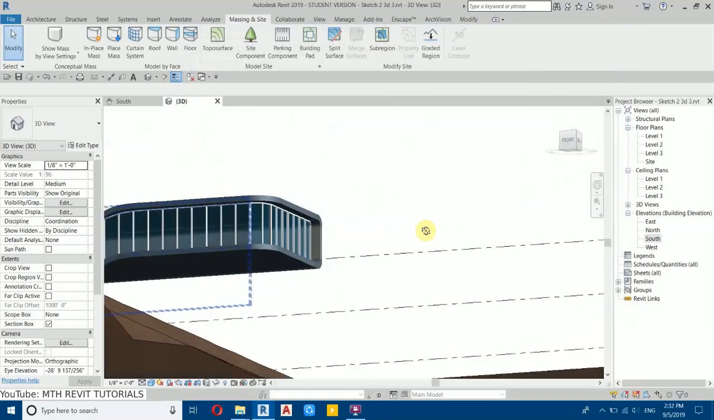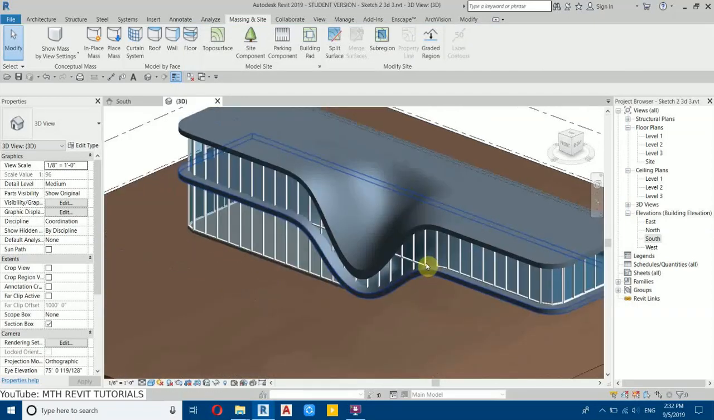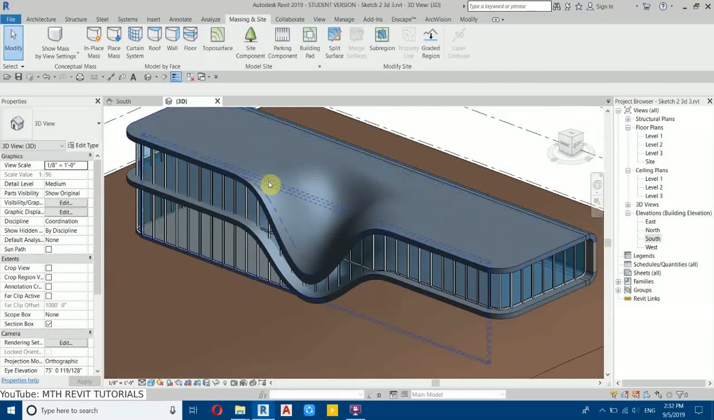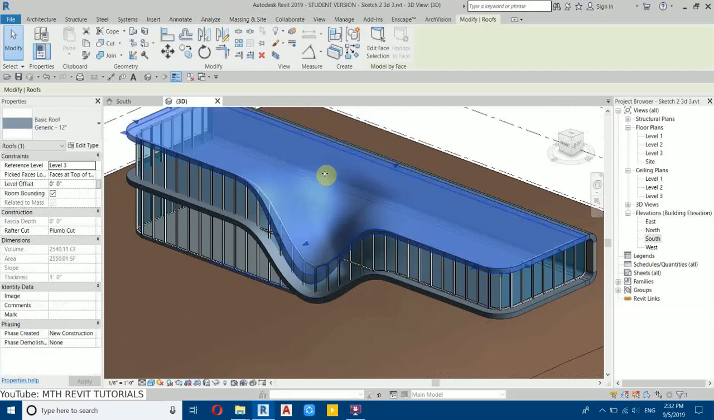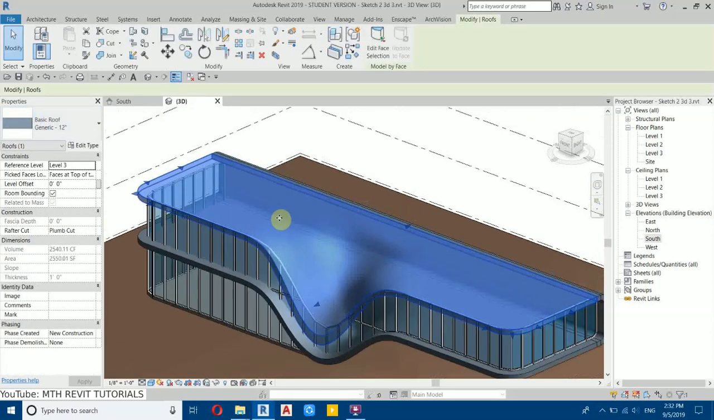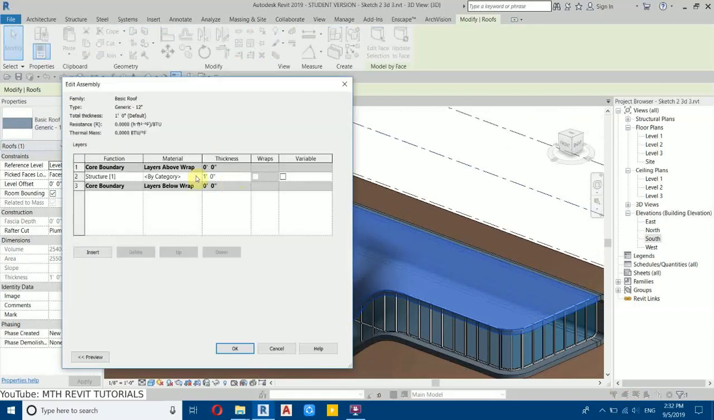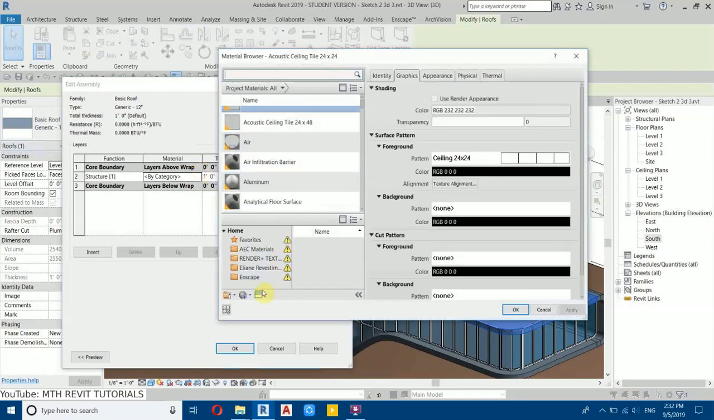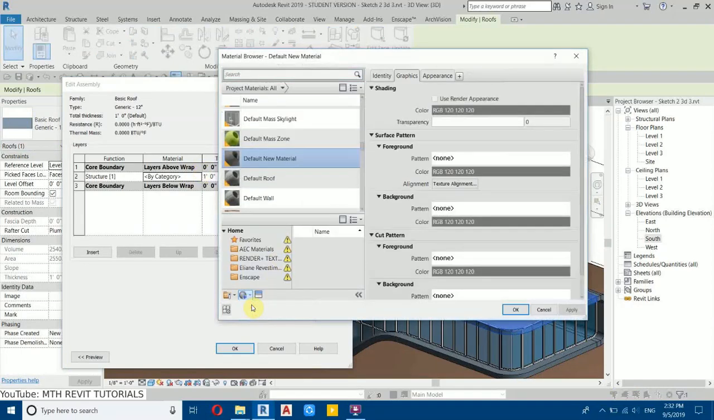It's looking very fine now. Let's apply the material to this. So first let's select this floor. It's a roof actually, so select that and then edit type, edit, and I will create a new material here first. So go here, create new material,